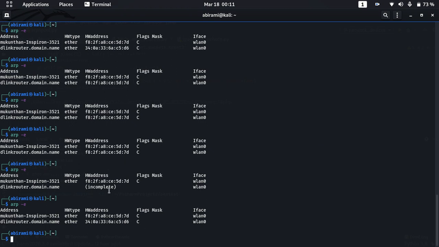That means there is some process going on inside your system, or actually in the victim system. And since we are connecting with SSH, there may be a delay as well. So that's the reason we have seen some incomplete. So after a few seconds I executed the same command, and it was again showing D6. So that means again you have the exact MAC address details of the router.